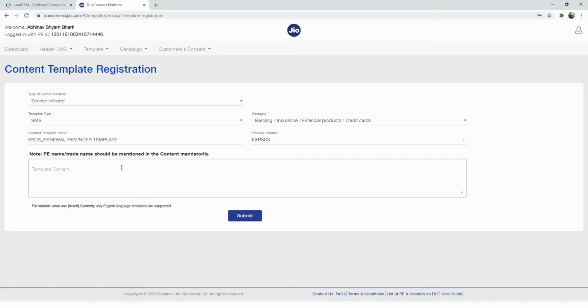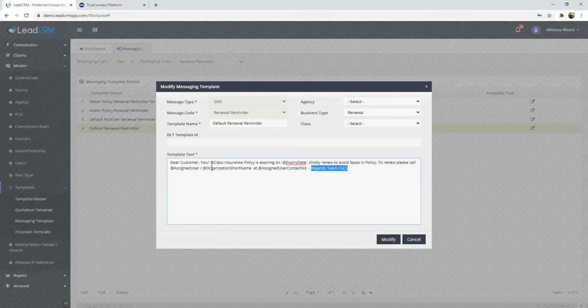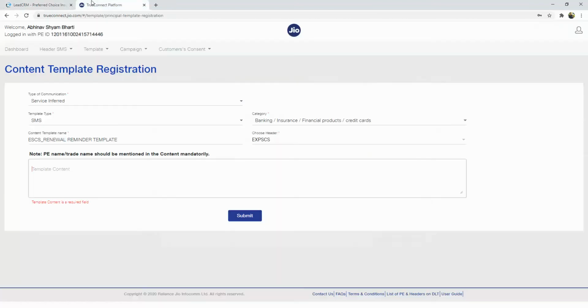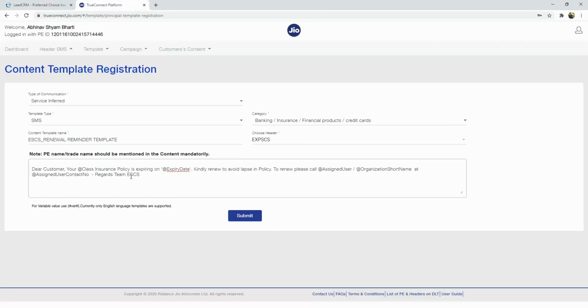Now in the template content, whatever content that I have created over here in the messaging template master, I'll copy this from here and I will paste it over here. Now wherever there are parameters in this template, they are specified with @ followed by the parameter name.